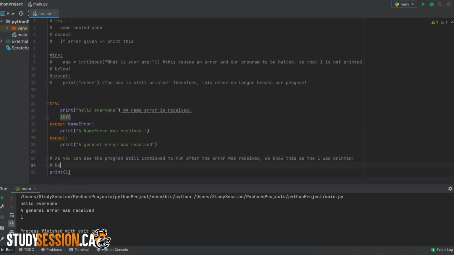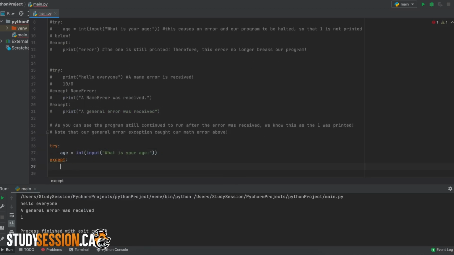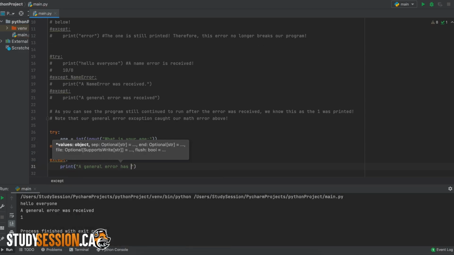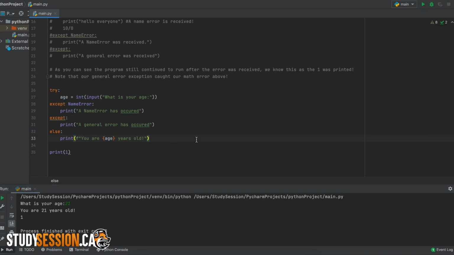Now that we have an idea of how try and except blocks work and can be used to handle errors in Python, what else can we do with them? Well, if we want to test something, ensuring there's no errors, then continue on, we just need to add an else block. So, if our nested code in the try block didn't present any errors, so if our user entered the information correctly in this first example, then we pass right by the exception blocks because they weren't needed, and Python will continue to execute the information in this else block here. So, for example, let's print back to the user their age as it was entered correctly. And as you can see, there are no errors presented.